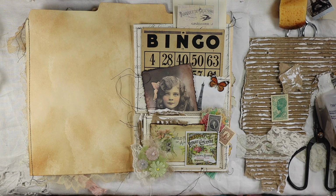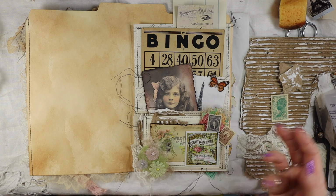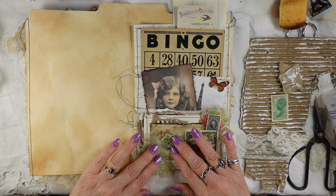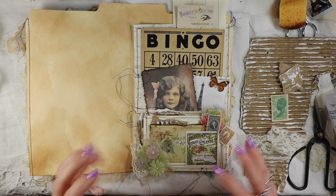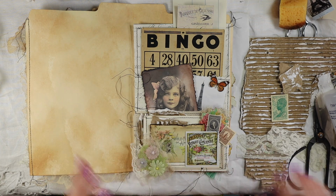So just want to craft along with me if you want to. And I did a lot of prep so that all I'm going to really be doing is telling you what I did and then gluing it down. So it's really all just a lot of different layers, and trying to keep the colors in perspective